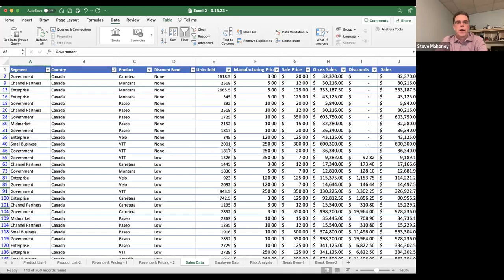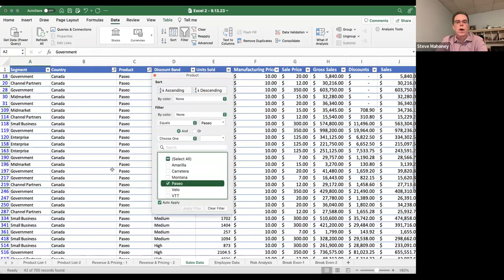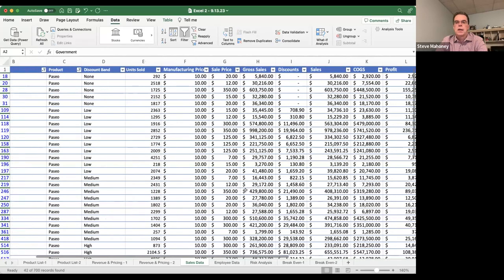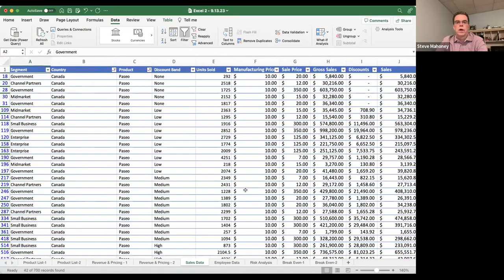So let's say I'm over here and I'm like, okay, cool. I want to see sales in Canada. And let's also pick this product. We're going to pick the Paseo product. And now I can see all this data for this filtered information, and I can see what I want to do. Filters are really good when you've got a handful of categories with a lot of data